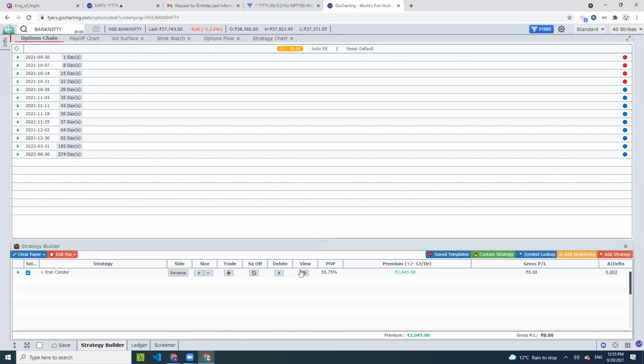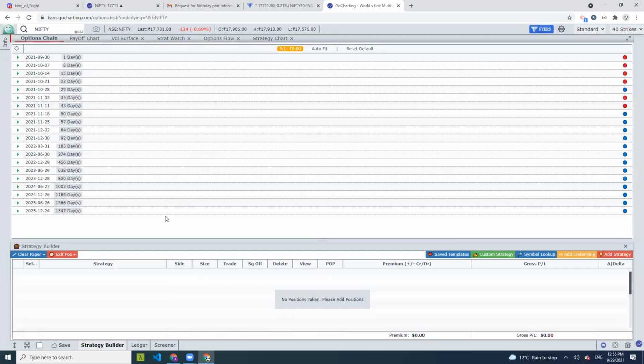But what you can do is, suppose I have this and I copy it. I've copied this formula to my clipboard, and for some reason I now want to use the same strategy not on Bank Nifty but on Nifty. What happens then? Under normal circumstances, on a normal platform, you have to first change the symbol to Nifty. Then obviously you haven't created that strategy on Nifty, you had created it in Bank Nifty, right? So you have to again go and select all the legs for Nifty.